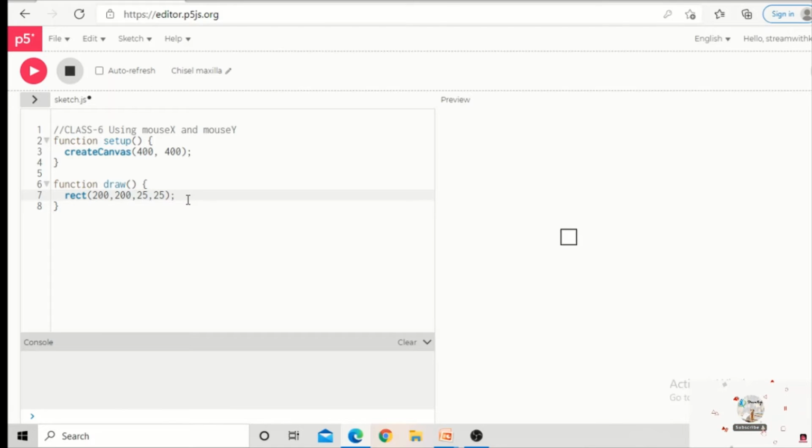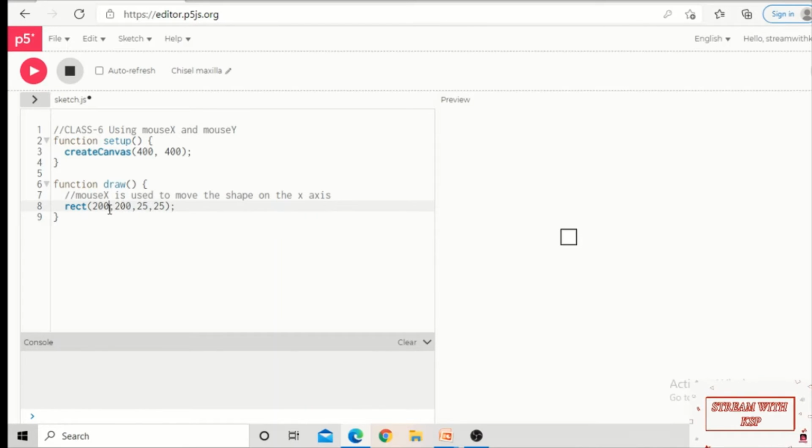Now we are going to discuss the mouse X and mouse Y instructions. Mouse X is used to move the shape on the x-axis. I will show you that by writing here.